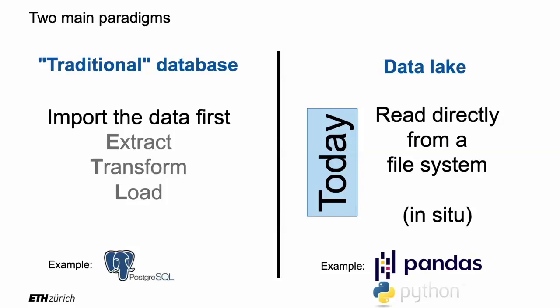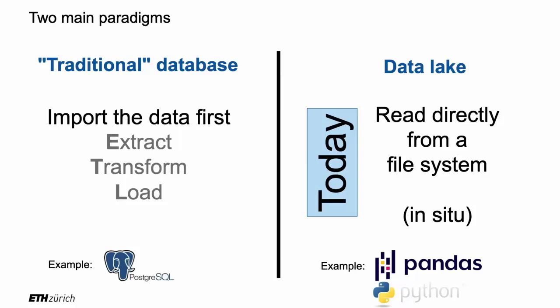Examples of usage of data lakes would be pandas. Whoever heard of or used pandas, such APIs? That's the data lake approach, because pandas is reading from the disk. You drop a CSV file or something on the disk, and then you read or write to it, and then you manipulate it. Pandas is an API. It's an application programming interface. It's a Python library, as opposed to a query language like SQL. All right. We also call it in situ because you just query the data where it is. You just query the file and read the file where it is.